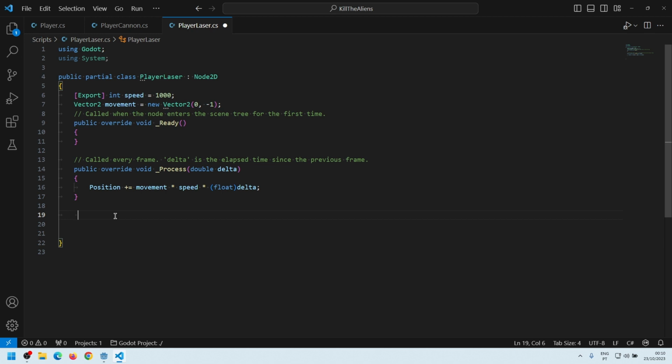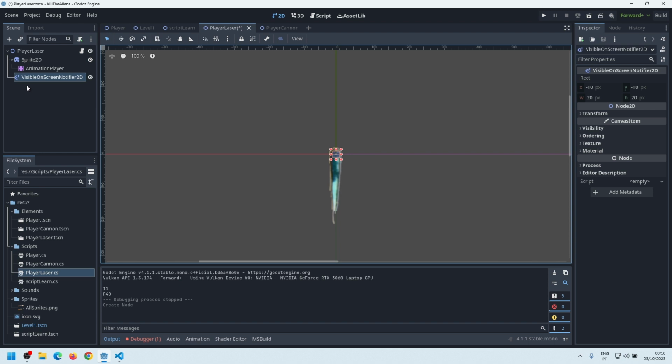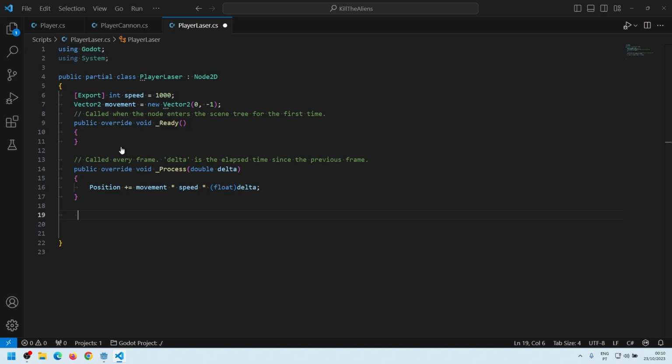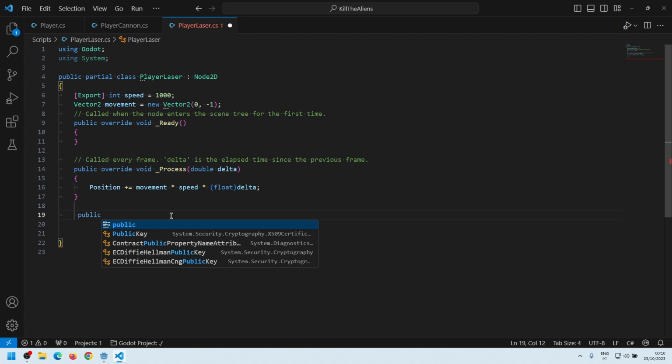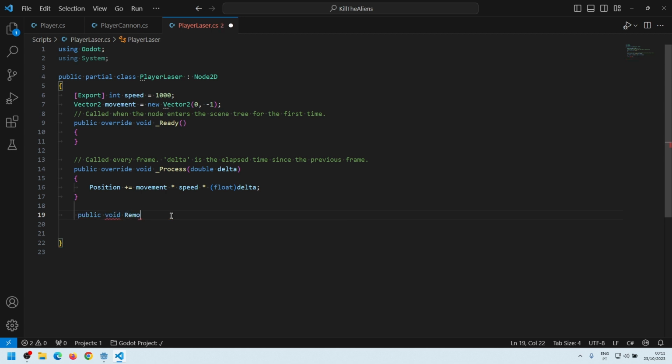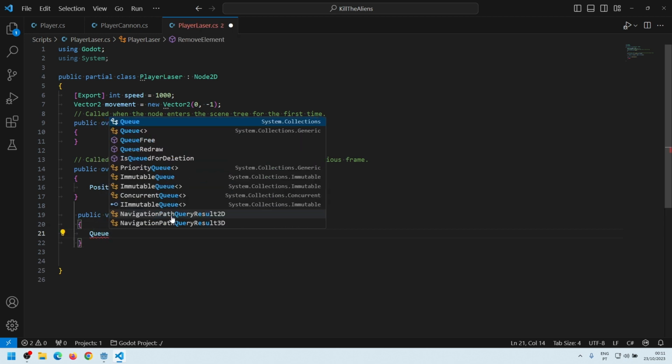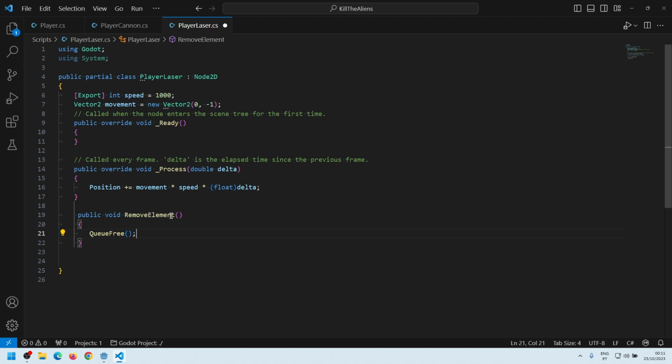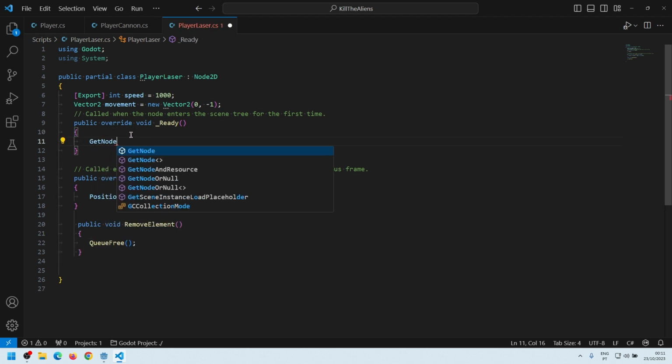We want to listen to that signal and, upon receiving it, remove the laser. To do this, we add the VisibleOnScreenNotifier2D node to the laser's root node. In the script, we include public void RemoveElement(), open brackets, QueueFree(); semicolon. And in the ready method, we add